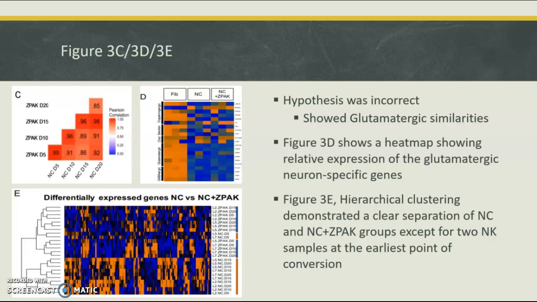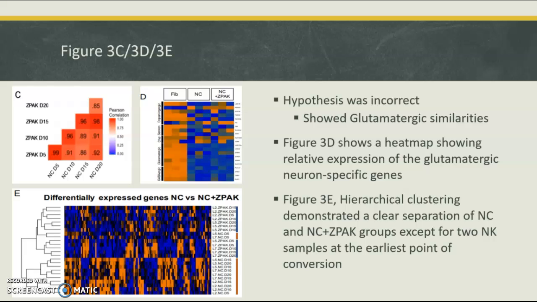This slide will discuss 3 figures for the third experiment. To begin, let us discuss figure 3C. This figure shows a comparison of FPKM normalized gene counts for the conversion process of both NC and NC plus Z-Pak conditions at day 5, 10, 15, and 20, because scientists hypothesized that at day 20 there is a difference